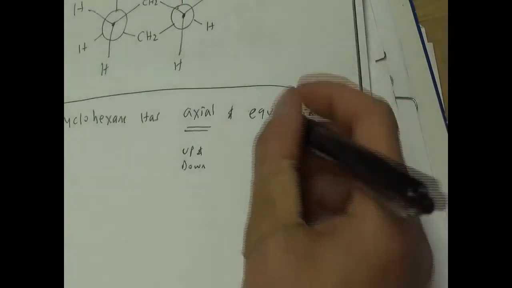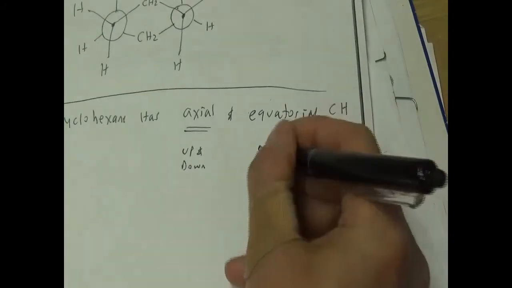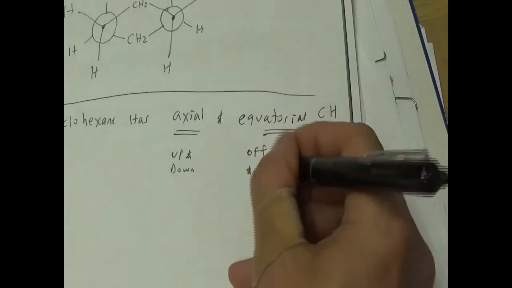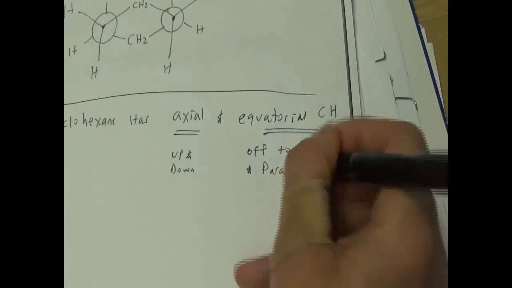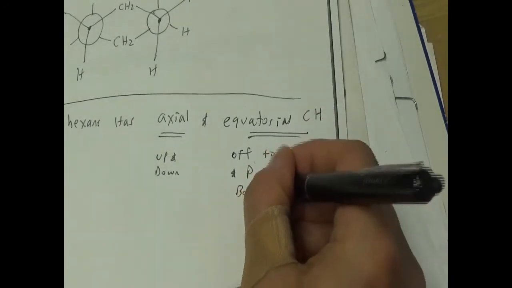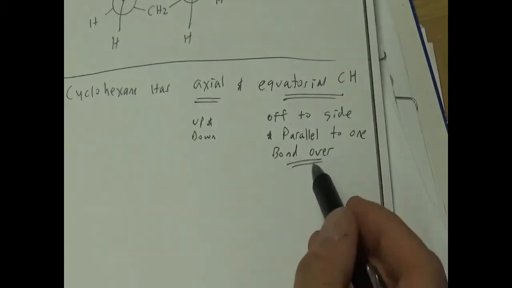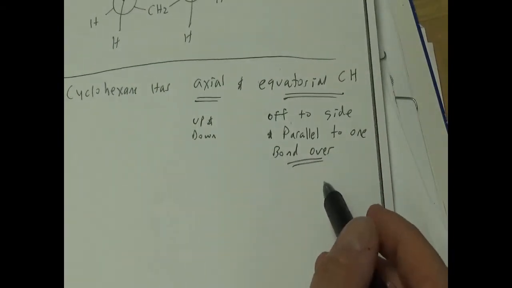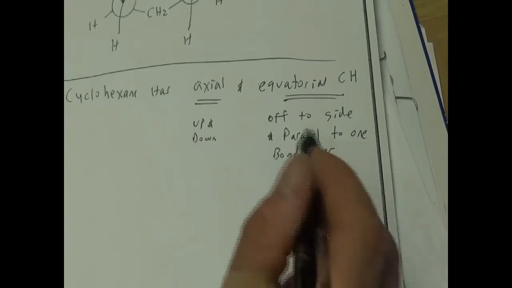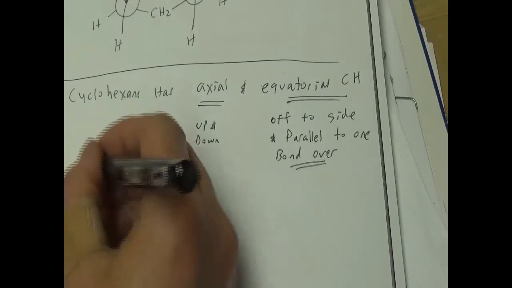Equatorials go off to the side, and parallel to one bond over. That's going to be a guide for how you're going to draw these things. Okay, so the axials,